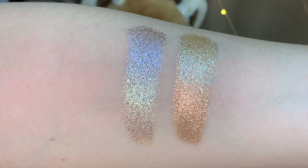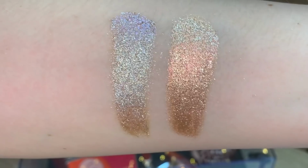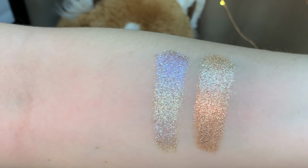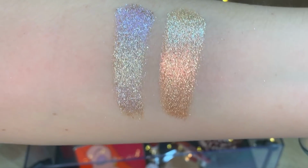Now, I felt like you really could not see how pretty these were just swatched. So I took a little clip of them on my daughter's arm, and oh my God, these are so stunning, you guys. I am so impressed, and I've got to say, and I'll show you guys later when I show you my comparisons, the shade Joy 2, it has the